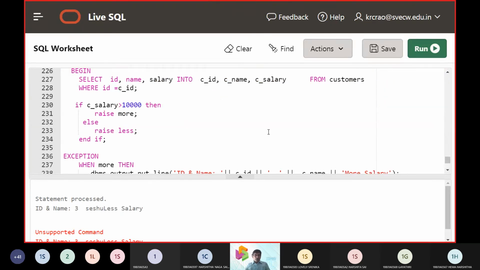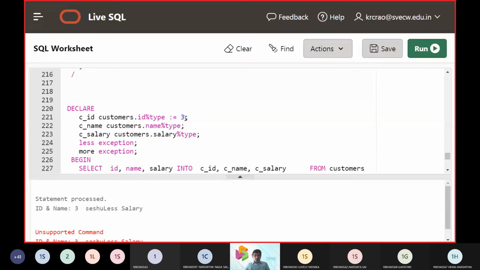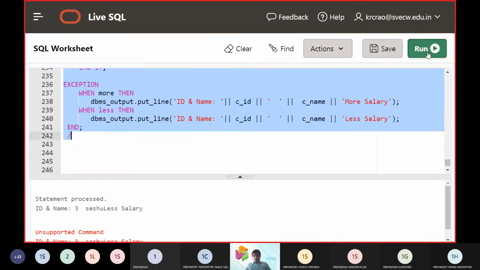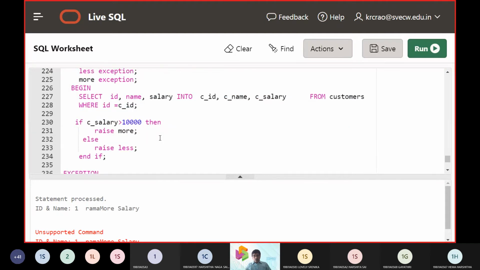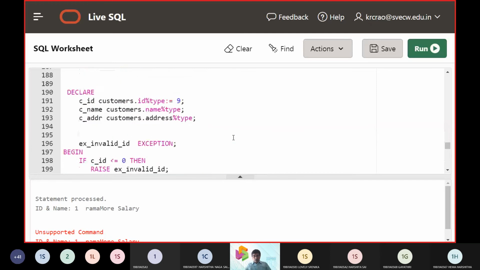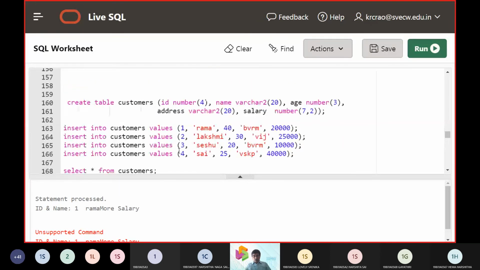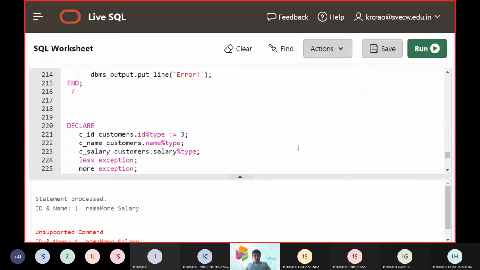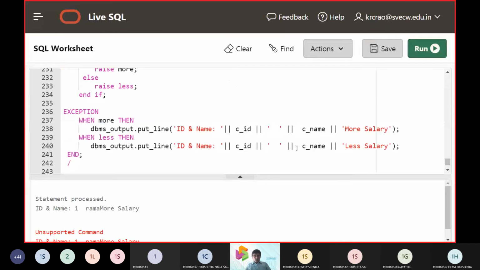So in exceptions, we created a user defined exception, raise more and raise less. When we made customer number 1 and tried this procedure, you can see Ramu's salary was greater than 10,000, so it was displayed as more salary. But if I select customer number 3, you can see he belongs to Seshu, Bhimvaram and 10,000.